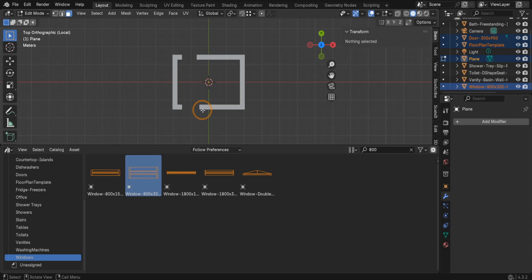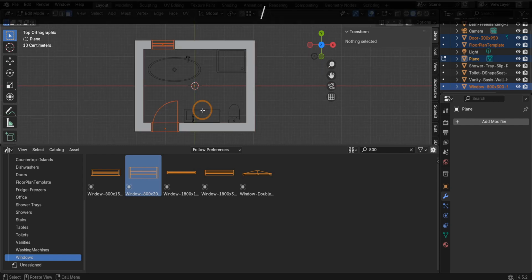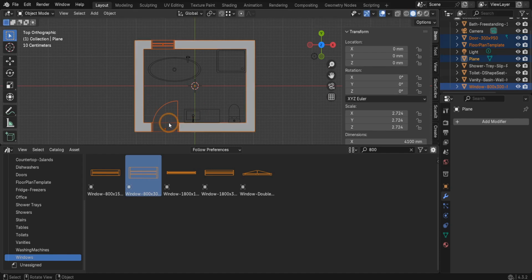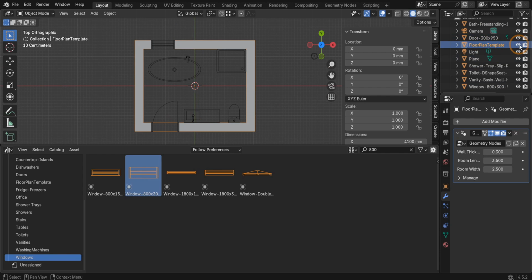Let's return to Global View by pressing the / key again. Then we can tab back to Object mode. What we're going to do is select the floor plan template and in the outliner hide its visibility and also disable it in renders by clicking the camera icon. It could be deleted at this stage, but you might want to tweak the layout later, so hiding it is the safer bet. Unlike these assets that don't require a material since they rely on freestyle for rendering, this wall